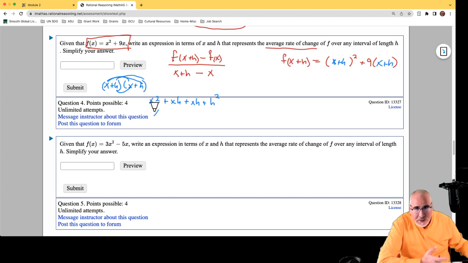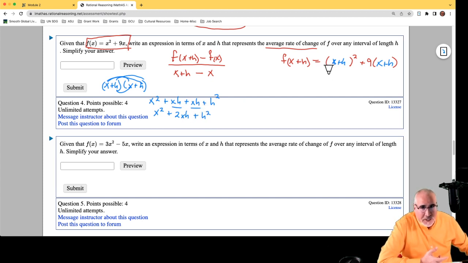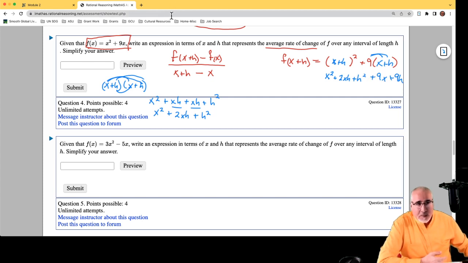We simplify it down to, by adding like terms, 2xh plus h squared. Okay, so that's the first part up here. We'll go ahead and put that in. And then we distribute positive 9 over here. So we're going to get a plus 9x plus 9h. No like terms left. But what I'm going to do next, let's change back to red,